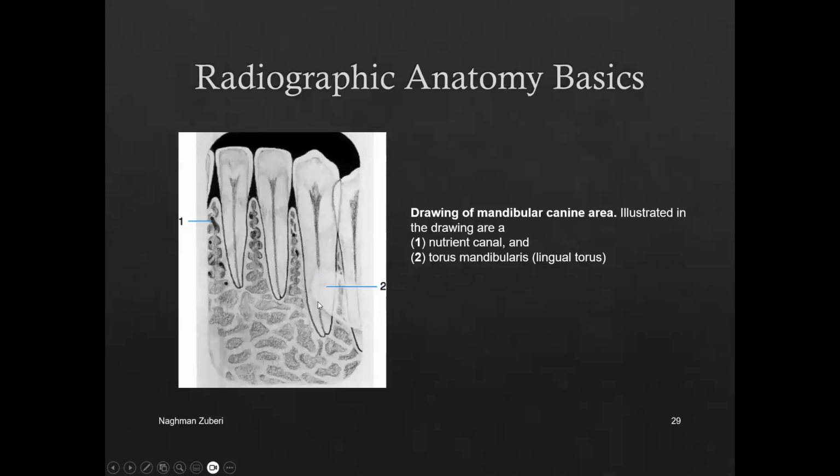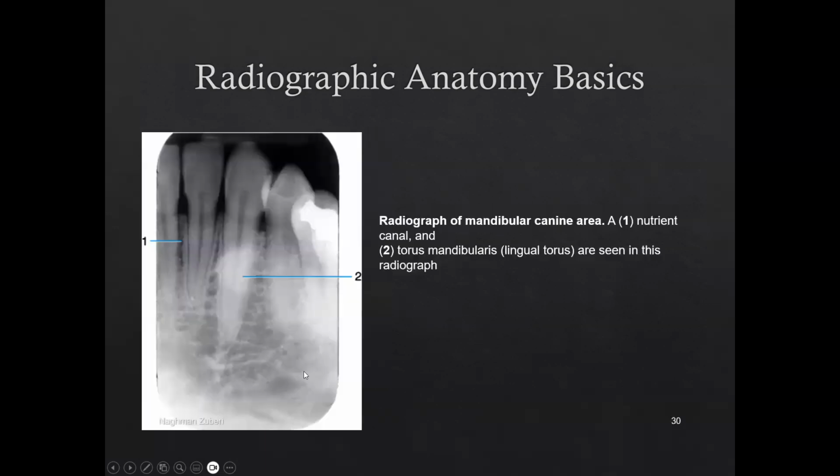This is how the torus would be most commonly visible. And as I told you, in the mandibular canine area we do not have any specific landmark. At times they can ask you about the nutrient canals. These worm-like appearances are nothing but the nutrient canals. Here on the radiograph, this is the shadow of the torus, and this is the nutrient canal